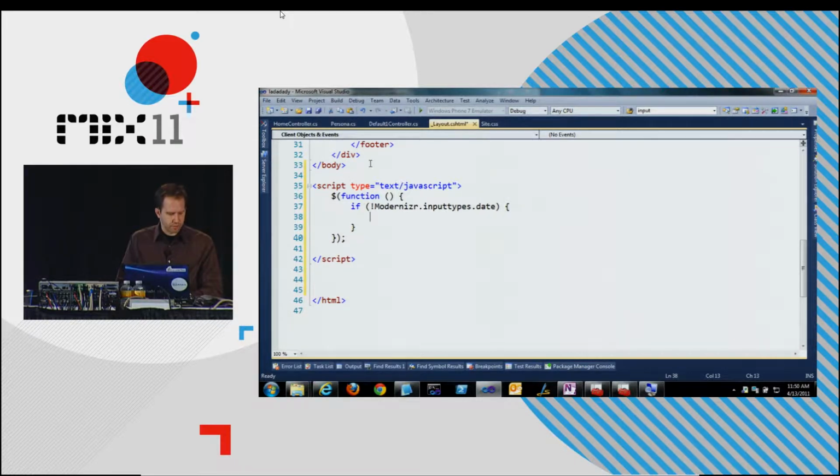I'm probably going to miss some curly braces here, friends. If you don't support dates, then go and load jQuery UI 1.8.11.min.js, comma,